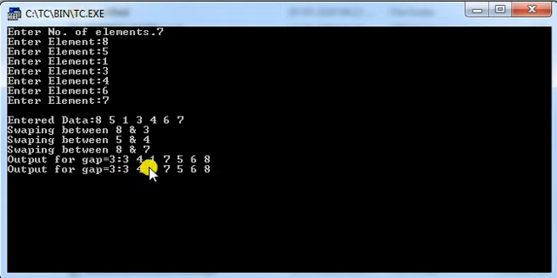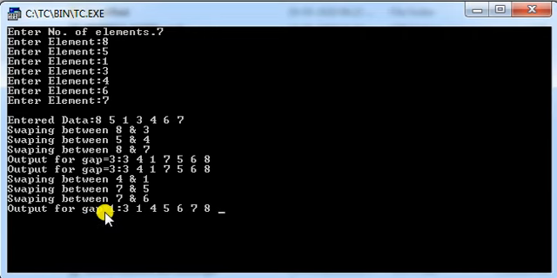After the iteration with the same gap, I am getting the array as 3, 4, 1, 7, 5, 6 and 8. Now as you can see, there is no swapping, so it will reduce the gap by gap divided by 2. So it will become 1.5, so the gap will become 1.